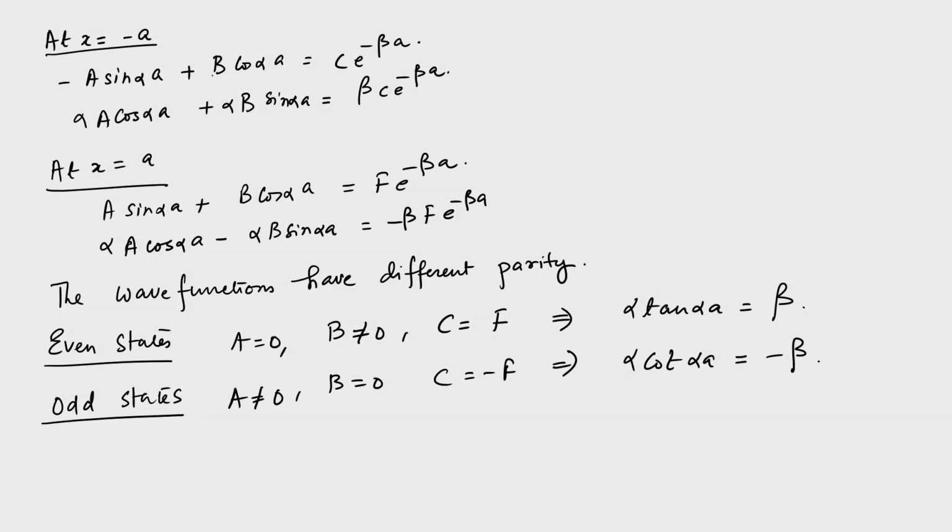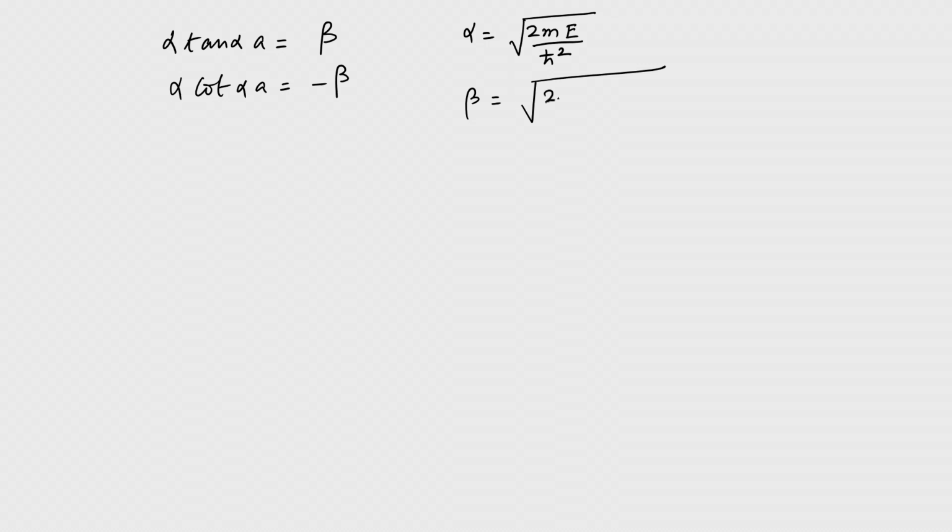So, we have two equations. We have alpha tan alpha A equal to beta, and we have alpha cot alpha A equal to minus beta. Remember your alpha equal to root over 2 m E by h cross square, and beta equal to root over 2 m by h cross square times V naught minus E. So, you have to solve for